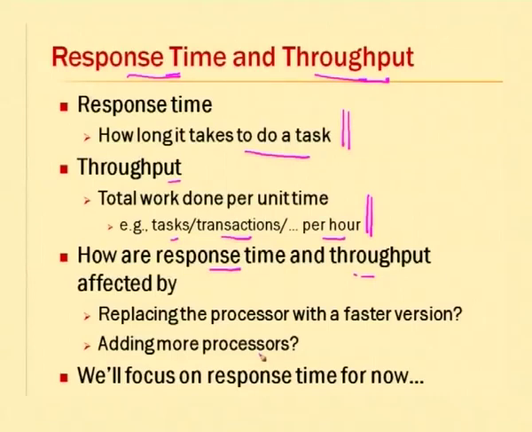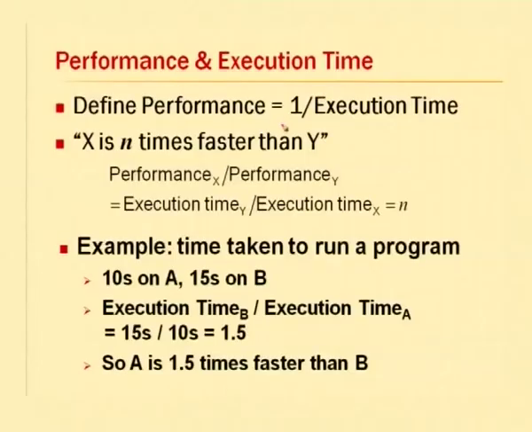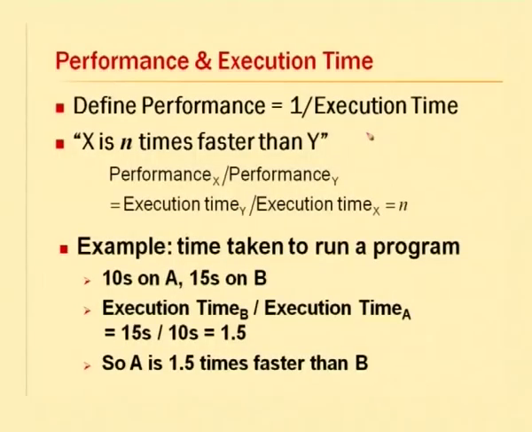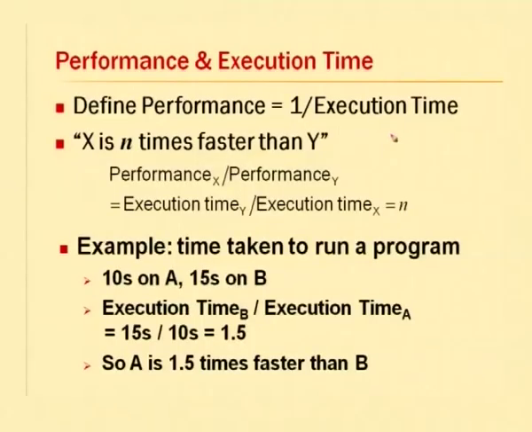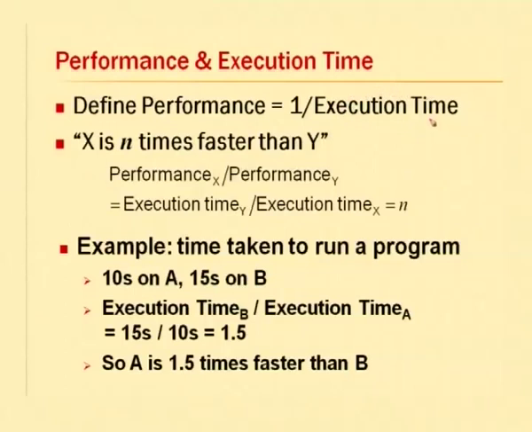So let's try to first define performance. What do we mean by performance? With respect to processors, we can look at it as 1 over execution time. What do I mean by this? We say that performance is inversely proportional to the execution time. That is, if my execution time is large, then I say that my performance is less. But if my execution time is small, that is, the job is getting done faster, then I know that the performance is better. So in general, we say performance is inversely proportional to the execution time. So if I am able to measure execution time accurately, I can measure the performance accurately, or I can say how good my performance is.